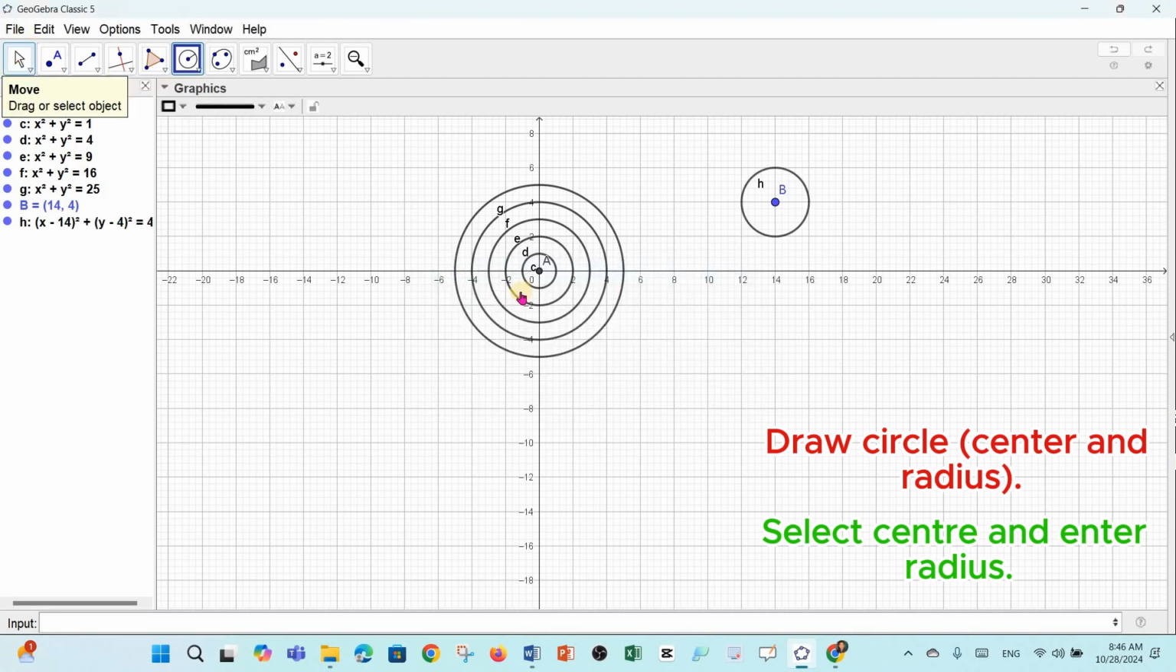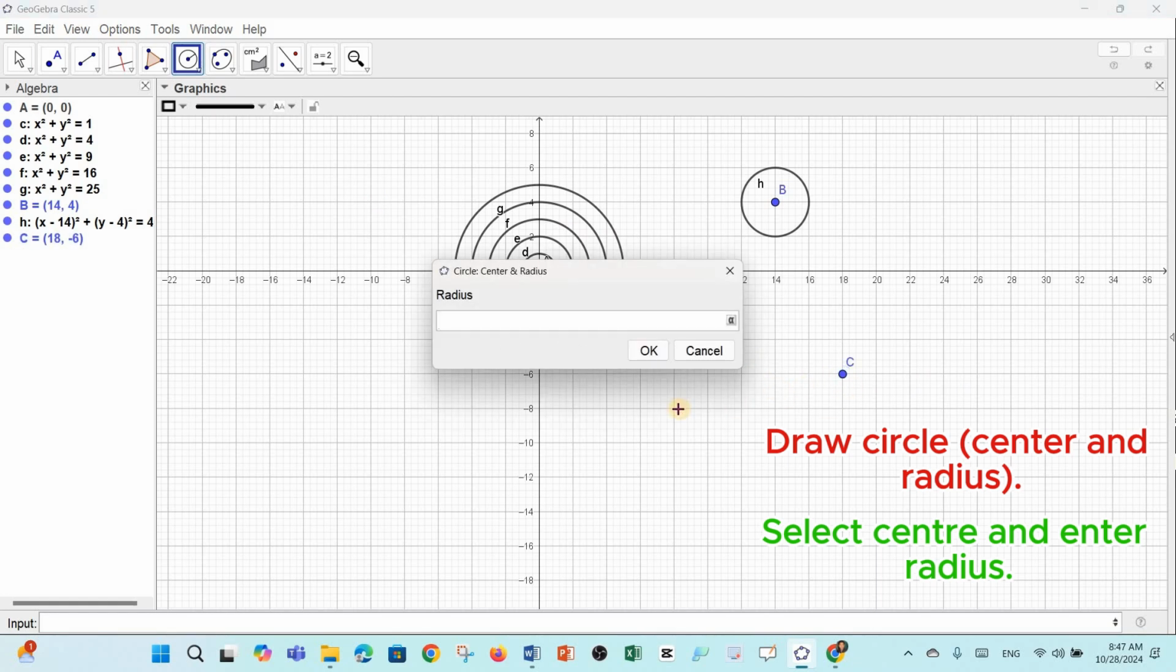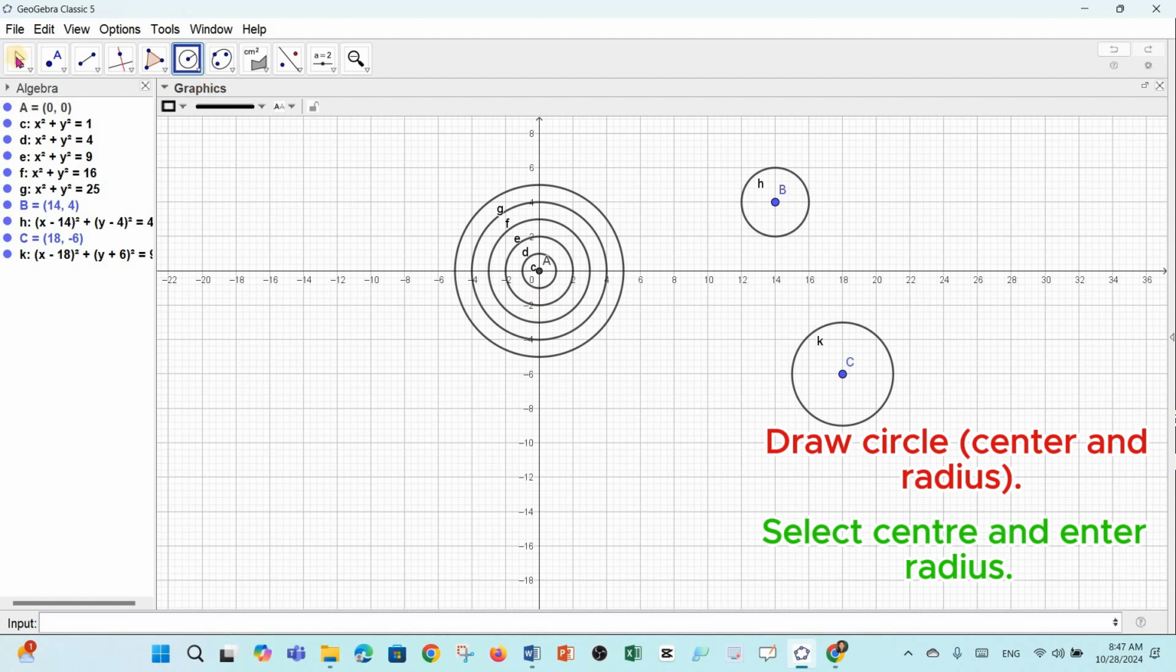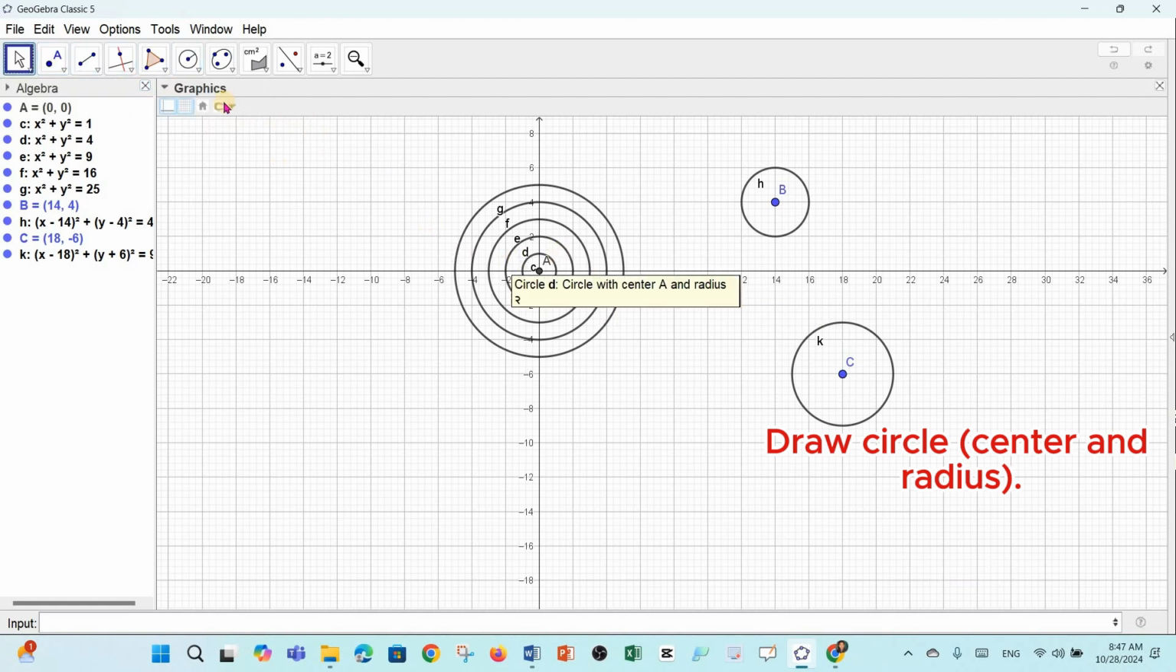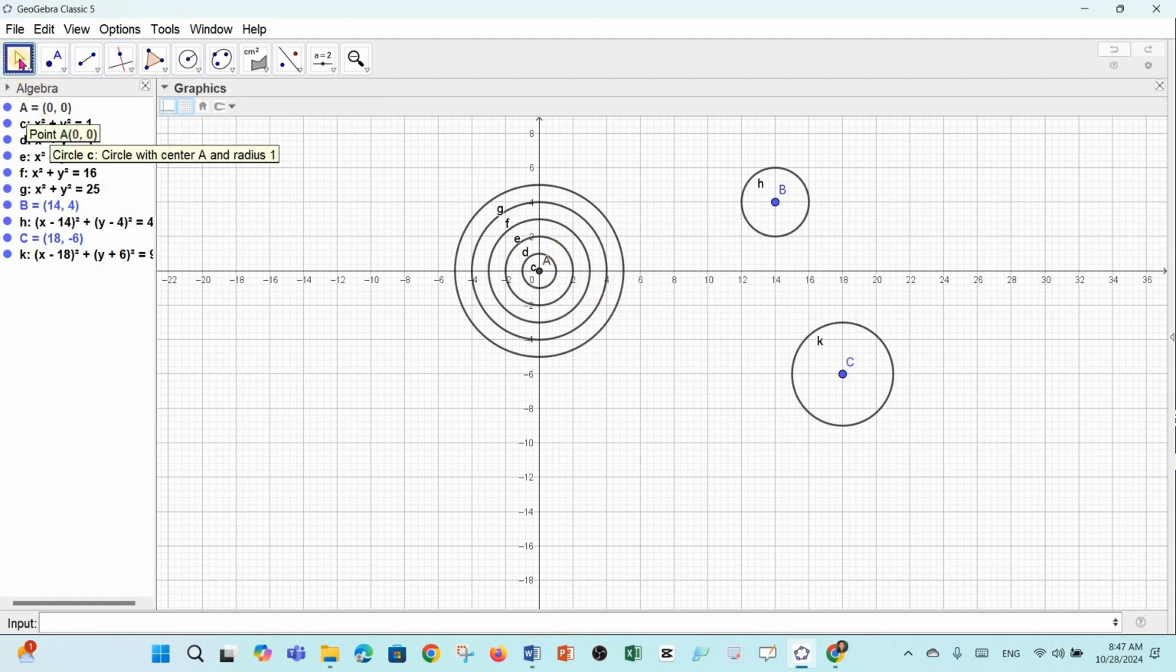Yeah, like this. When center and radius are given, suppose this is the center, and it asks for radius. Let's input 3. Like this, we can draw a circle when the center and radius are given. Now we have another option,